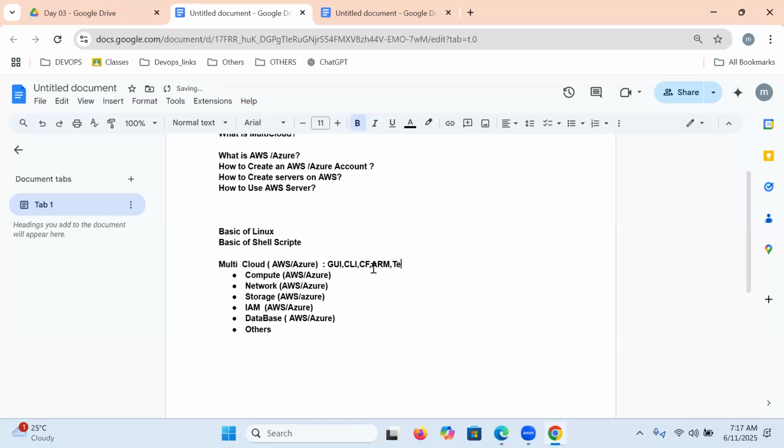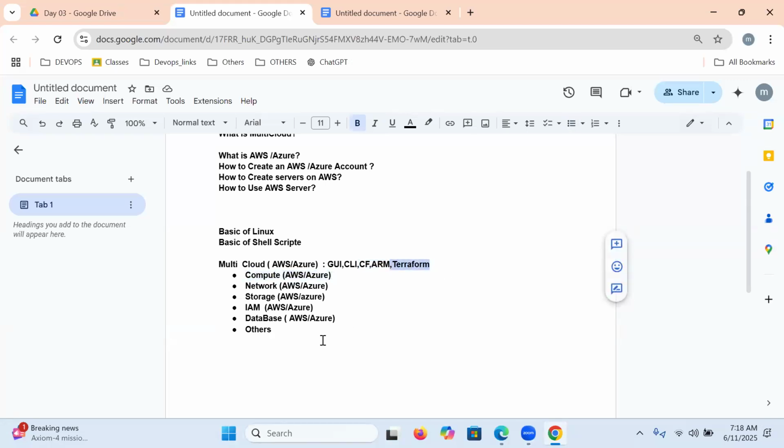And we're going to learn Terraform also. By using Terraform, we can create infrastructure, and we're going to learn Azure and AWS both. That's where we are going to spend more time, guys, please. Whatever we learn, each and every compute model, network model, storage model, IAM model, database model, first we understand graphically, then we experience it through commands in a file format. By executing a file, we can create infrastructure, and Terraform also.